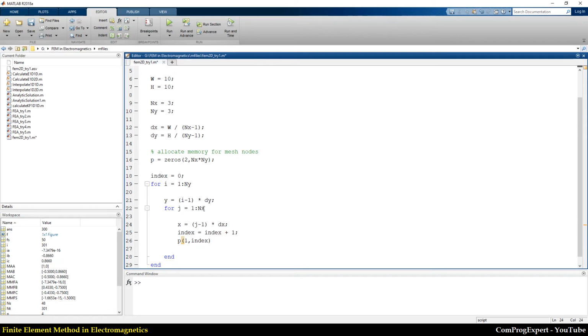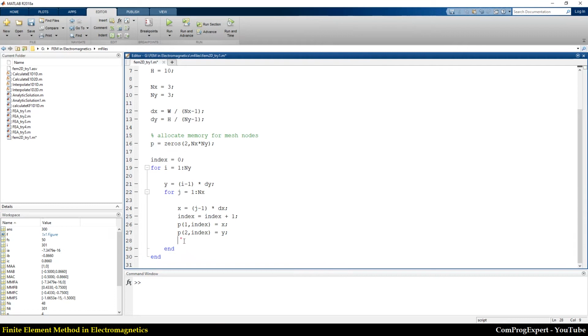So when this is nx, this is nx minus 1 times delta x, that is equal to w. So the first coordinate is x, and the second coordinate is y, right? So if I run this code